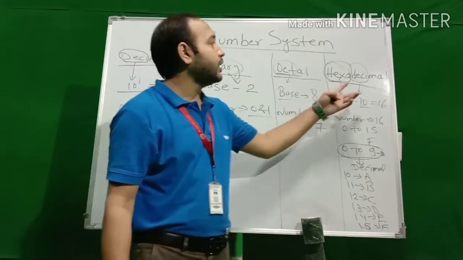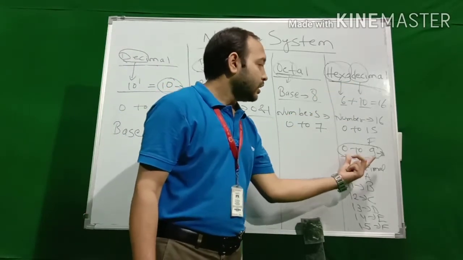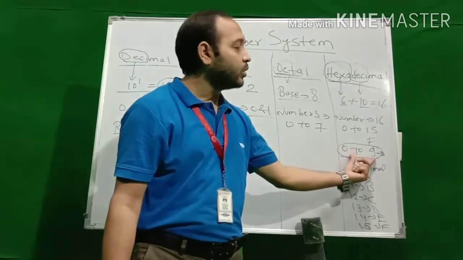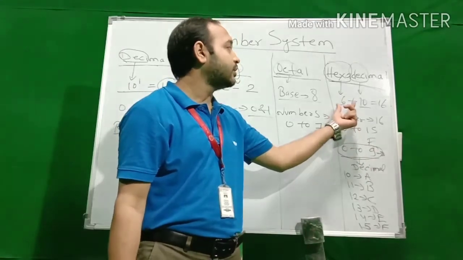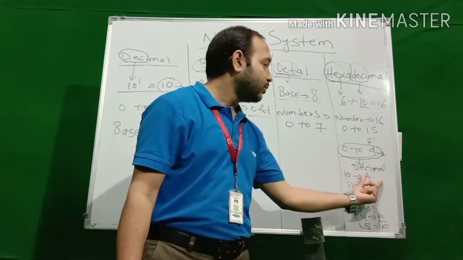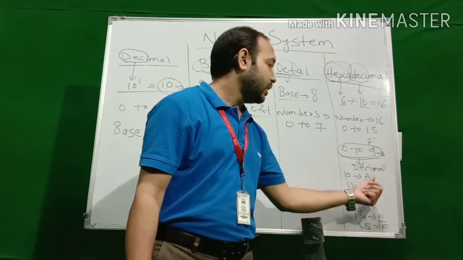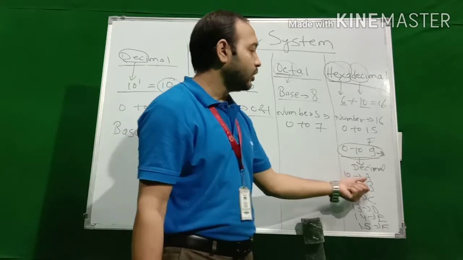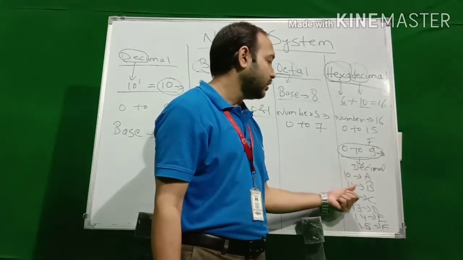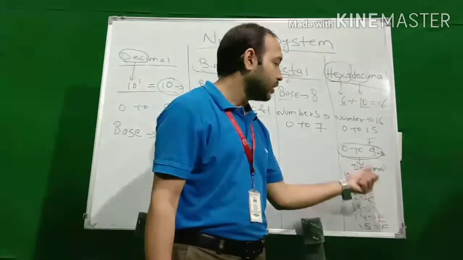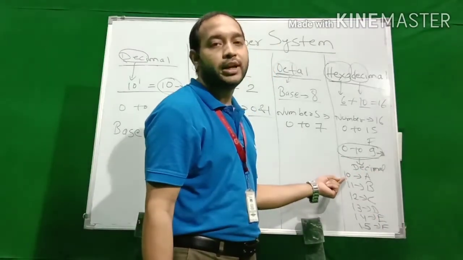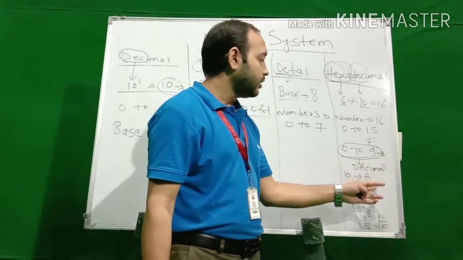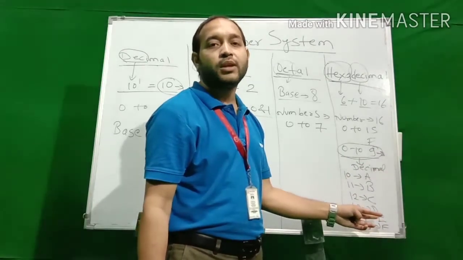So like this, now in the hexadecimal number system you can see 0 to 9 as it is, like the decimal number system, but the remaining 6 numbers we represent with the alphabet letters A, B, C, D, E, F. Means if you have to write 10 you have to use A, if you have to write 11 then you have to write B. So you have to use letters, not 10. We will not write 10 or 13 in hexadecimal, we will write only these letters A, B, C, D, E, F.